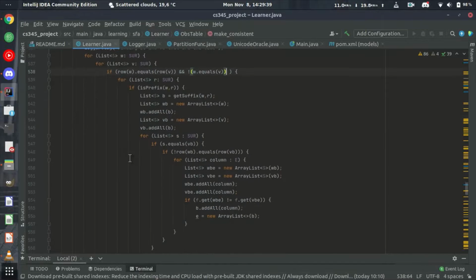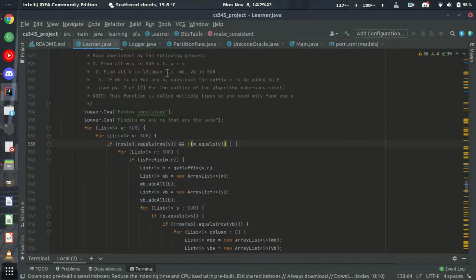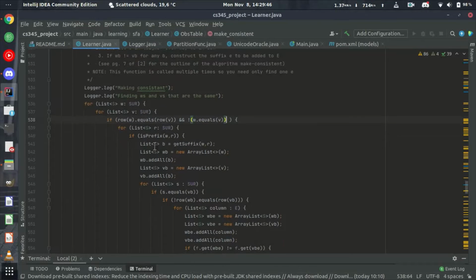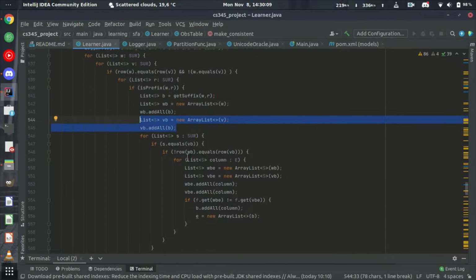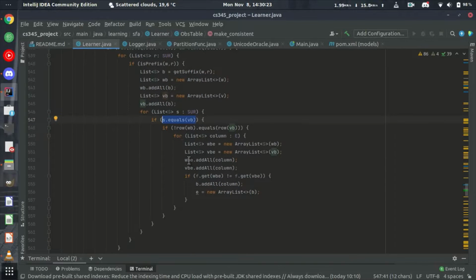Then the next step would be to find all B such that WB and VB are in S union R. So we find the suffix, we loop through S union R again, and each one becomes R. So we check if W is a prefix of R. If W is a prefix of R, then we get the suffix, and that would be B. We append it to W and create new variables WB and VB. Then we compare all of the values in S union R once again to see if VB is inside S union R. Then once we have found VB that is in S union R and WB that is in S union R,